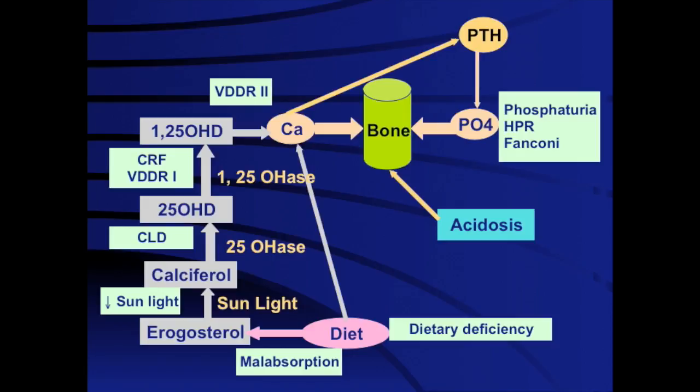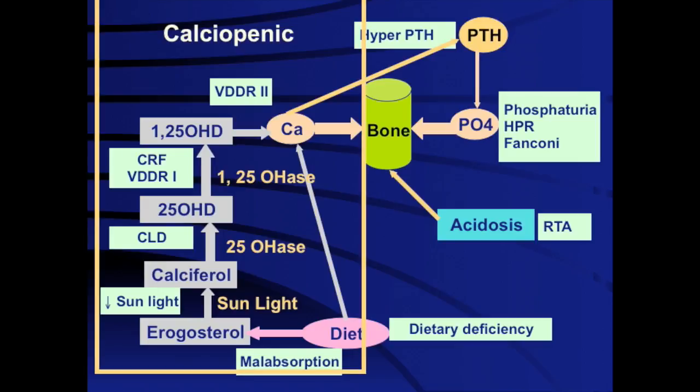We can also have phosphate related problems which are associated with phosphaturia in the setting of hypophosphatemic rickets or Fanconi syndrome. Renal tubular acidosis of various forms can also cause acidosis and bone involvement. Hyperparathyroidism or pseudo-hyperparathyroidism with selective responsiveness left in the bone also presents with a metabolic bone disease picture similar to